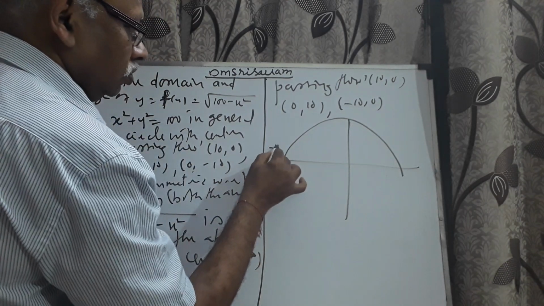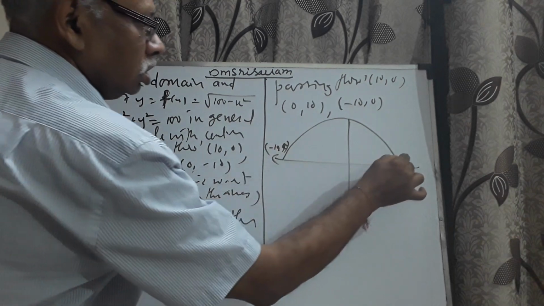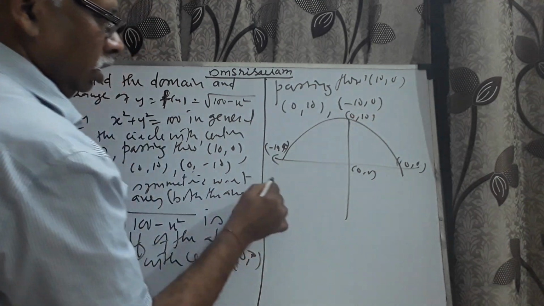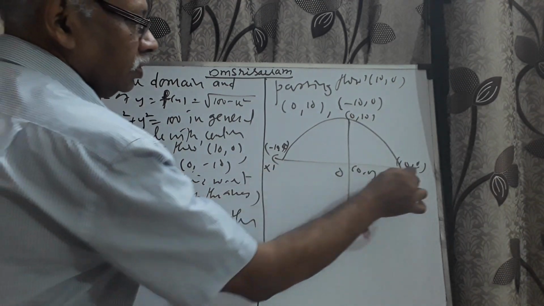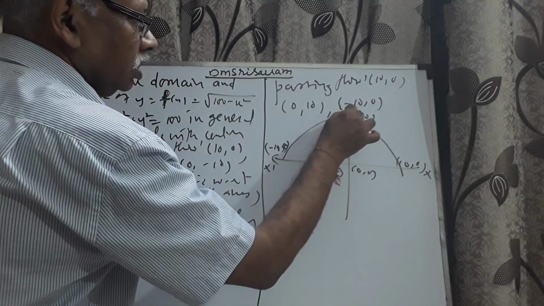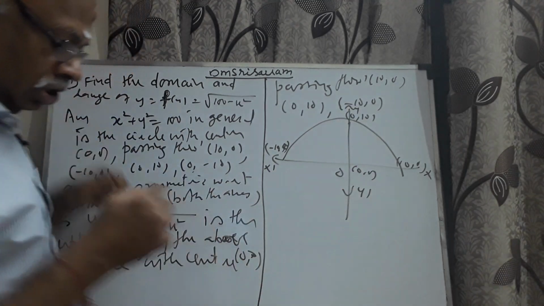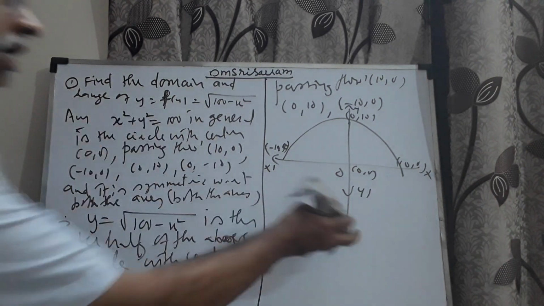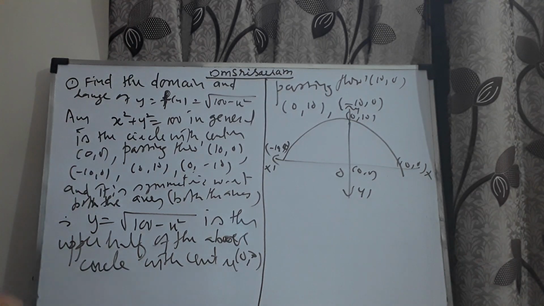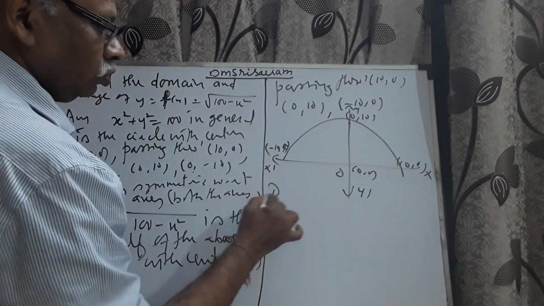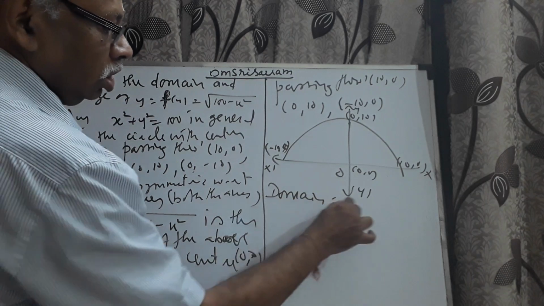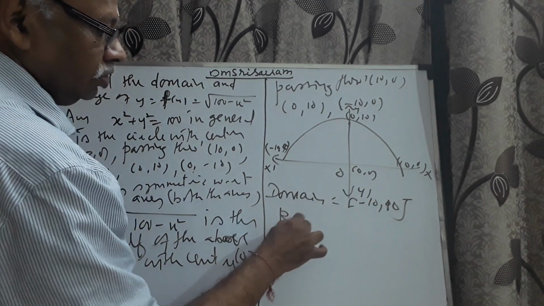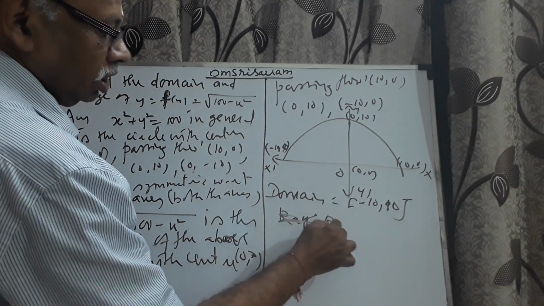Okay, this point is minus 10, 0. This point will be 10, 0. This will be my center. This will be 0, 10. This is my x-axis, x dash. This is my y-axis, y, y dash. Now, if you look at the diagram, what are all the x values here? X values between minus 10 and 10. Therefore, from the graph, we will be able to write the domain as closed interval minus 10, 10, and the range here is automatically